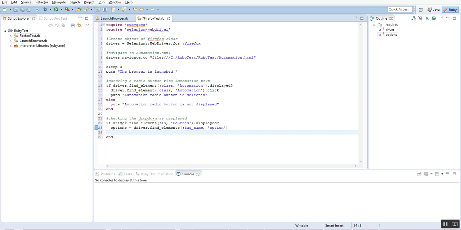And now I'm going to navigate through each of the options. So I'll write options dot each do. Let's say even, I'm iterating it with the value even. So now I'll put an if loop over here, and I'll say if even dot text equal to